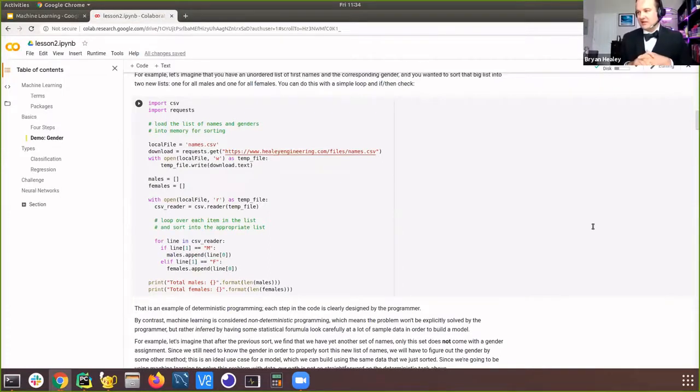Oftentimes companies try to solve it with just volume, which is why, GPT-3, for instance, is an example of a model that's getting tons of attention today. And one of the things that has caused it to get attention is it is massive. It's probably the most expensive and biggest model ever built. It was effectively built on the internet.